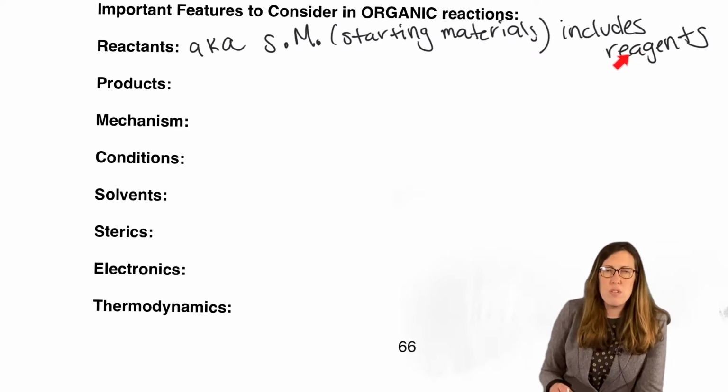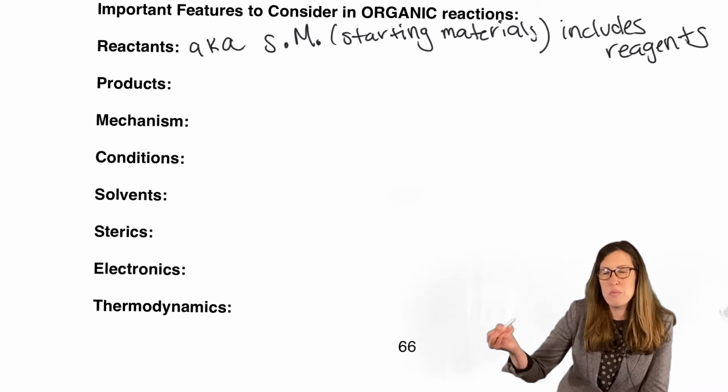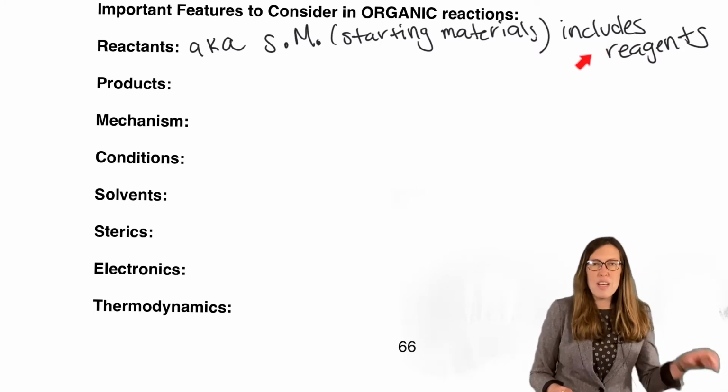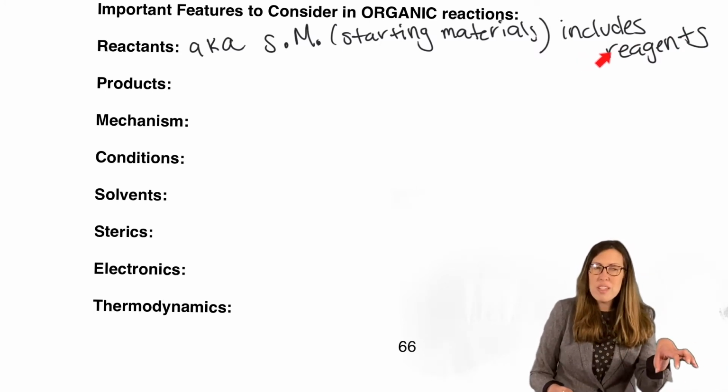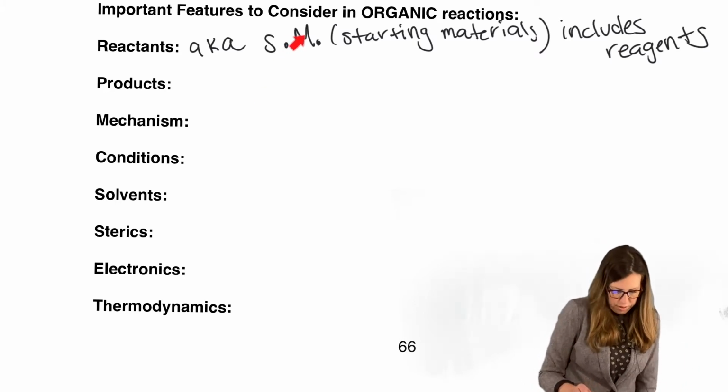Reagents are things that, if you need to add an acid to make the reaction happen, but you didn't collect the acid at the end, you weren't trying to. Or the acid got turned into a base, but you really cared about the organic piece, right? So the reagent is really like the jar of stuff that helps facilitate the reaction, but the main carbon framework is the starting material that was really important to us.